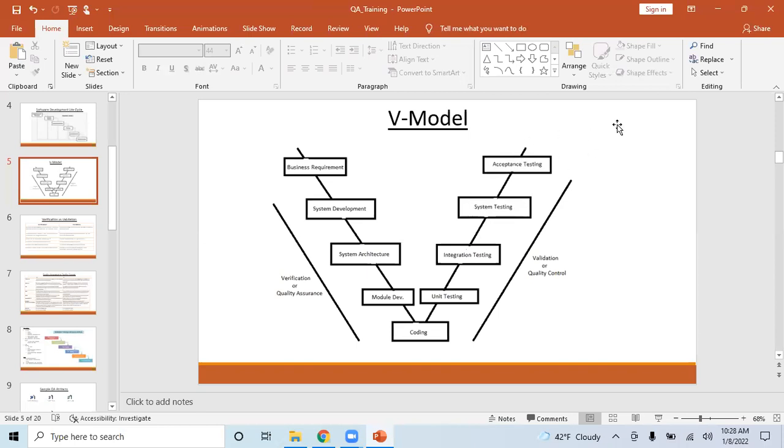So that's the stages at a very high level. When somebody says V model, it talks about what kind of validation or testing is performed at different stages of the SDLC, right? That's the basic thing of the V model.